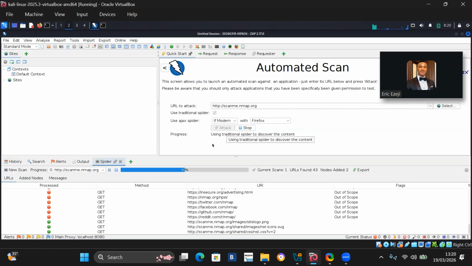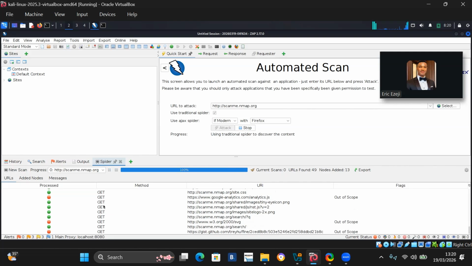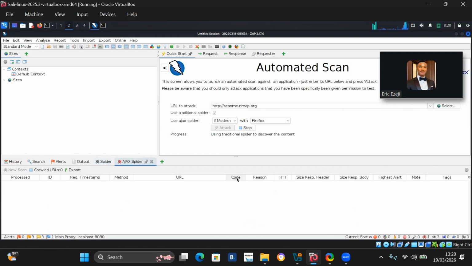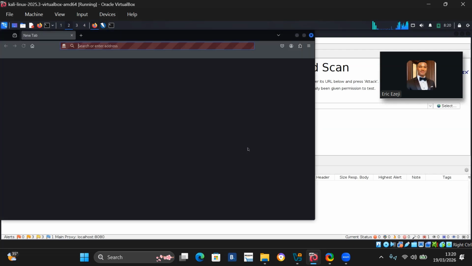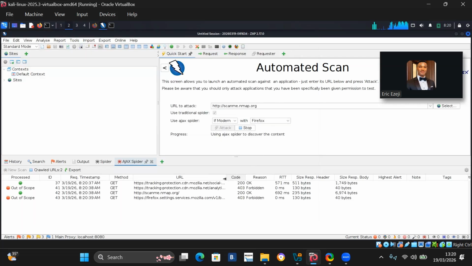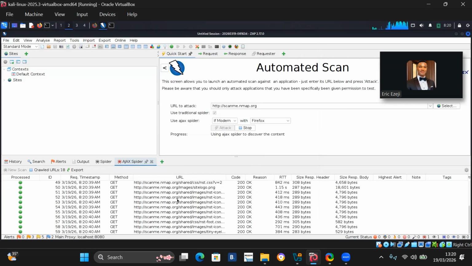as you can see, the scan has already started. This time, it didn't take much time. Let me just minimize this. As you can see, the scan has already started, and